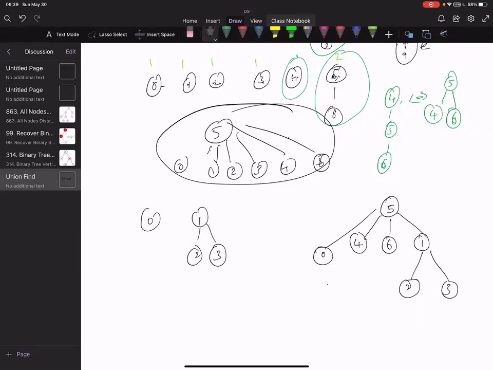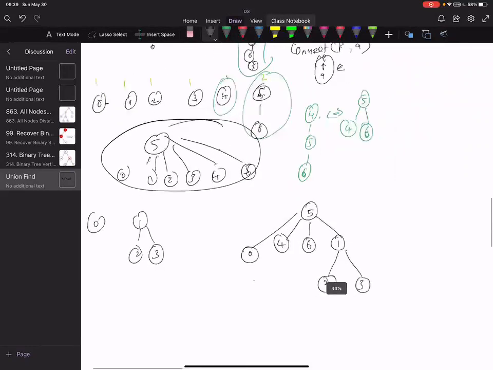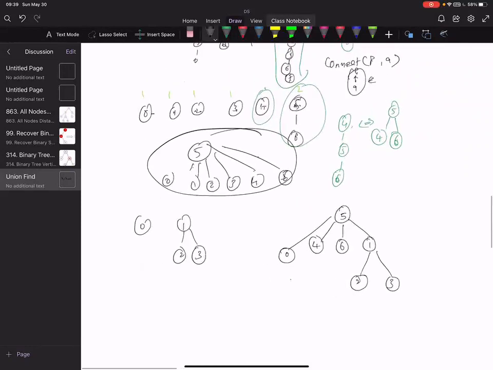Okay, so it depends on the input, so you can't assume that input will come in one way. But yes, we have to figure out what happens in the worst case and the best case. If input comes this way, then it is our best case. If input comes this way, then it is our worst case, because there were two groups with the same size, and we have to make one a child of the other.